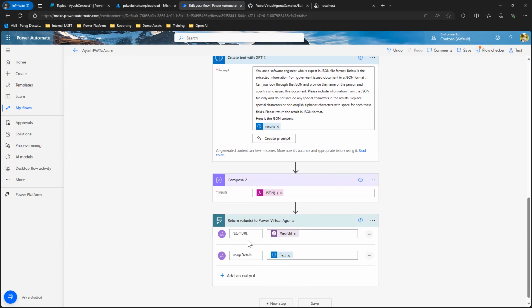In this case, I am returning the public URL so that I can show it within the chatbot. And then I'm also passing the file details that are needed for my use case. In my use case, I'm working with ID documents. So I'm capturing the first name and last name from the ID document that was uploaded by the user. So once you have these two things, the public URL and the image details that you need from the document,